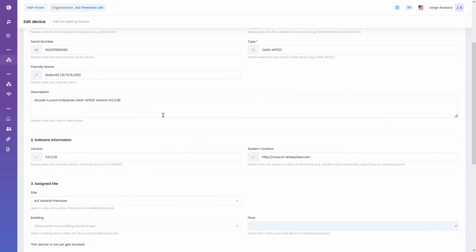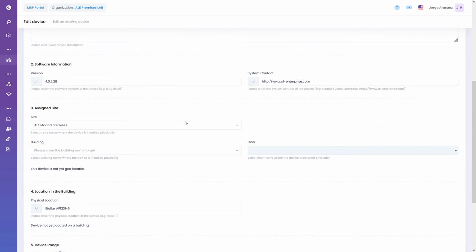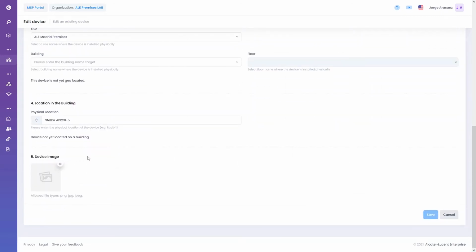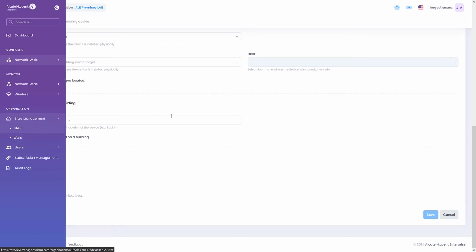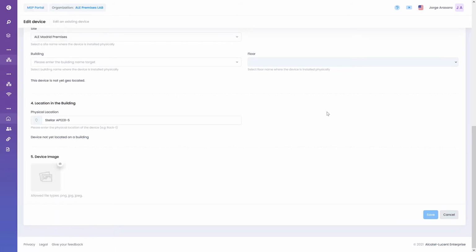Here we have the serial number, the AP address, which version we have, and these kinds of things. Even more, we can locate the AP on the map. So we can go to the sites here, in site management, and in the sites, I can allocate each AP in its place. So the alarms will be correlated not only with time, but also with space. Okay, so that's an improvement here as well.